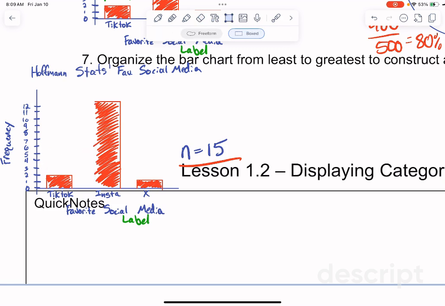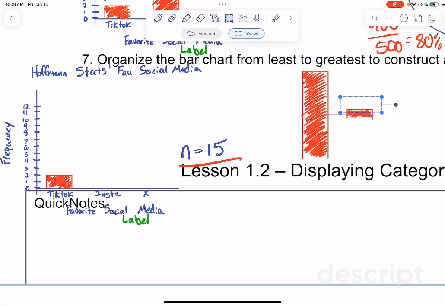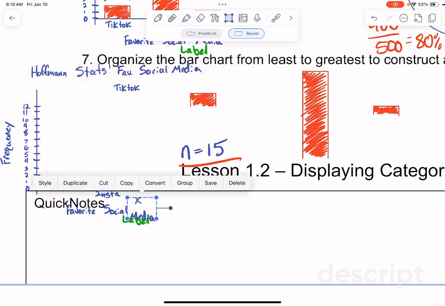And now we just have to organize these bars so that they go from least to greatest. So let's move this bar out of the way. Let's move this bar. Let's move that bar. The first bar that we need is going to be the X label. So I'm going to put that first.